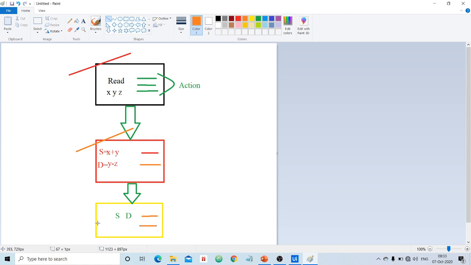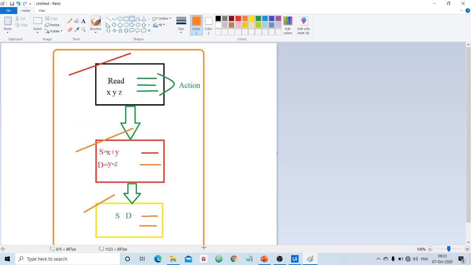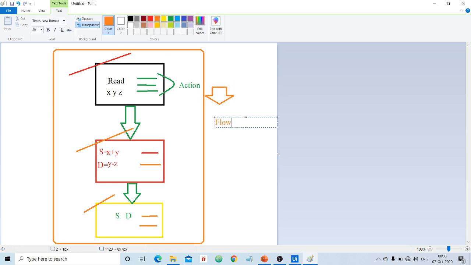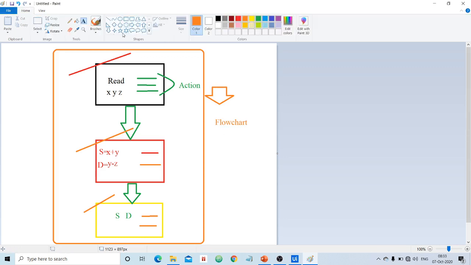Again, to perform an action called output, we can have a sequence which should have two steps inside it. Now I can say we can have all these three sequences inside a flowchart. Clear? I hope with this diagram you can better understand what a flowchart means.